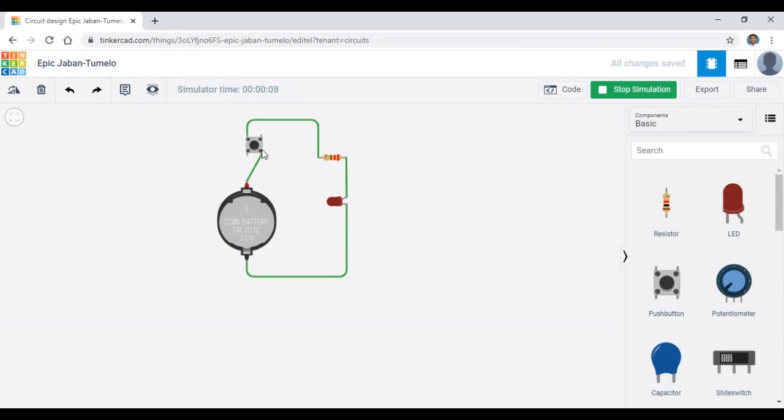This means there is no direct connection between terminals 2A and 1B. When I press this push button, only then will the LED glow. I am going to press this. Just have a look at this LED. The LED is glowing. Now I am going to release this switch. Now the circuit is broken and the LED is not glowing.